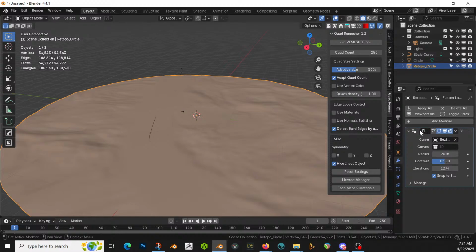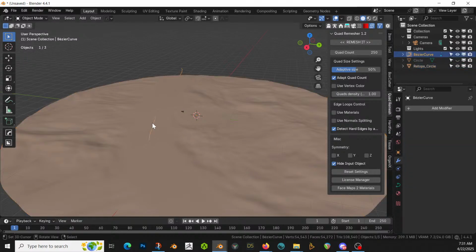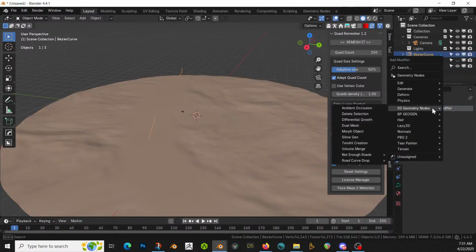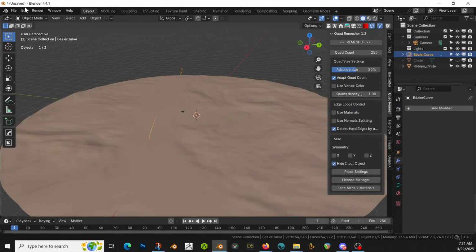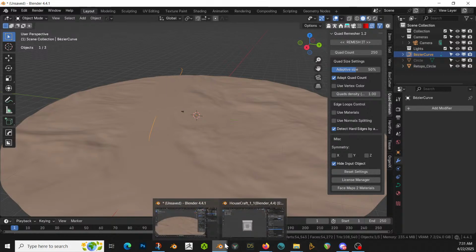Cool. And I wonder, I can't add a modifier. Road curve drop. I don't remember which one of these we want to use. Let's see. Maybe none of them. I think we like the other road too. Let's just go open up another Blender. I've got one open already, but